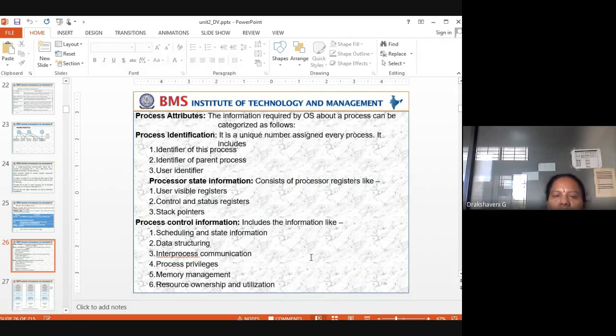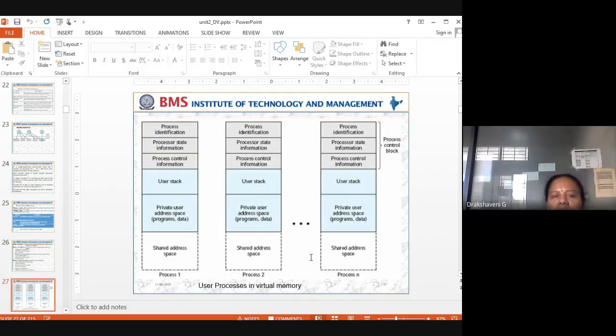The processor state information consists of processor registers like user visible registers, control and status registers, and a stack pointer. And one more, process control information, includes information like scheduling and state information, data structuring, inter-process communication, process privileges, memory management, resource ownership and utilization. This is what is called process details and attributes.